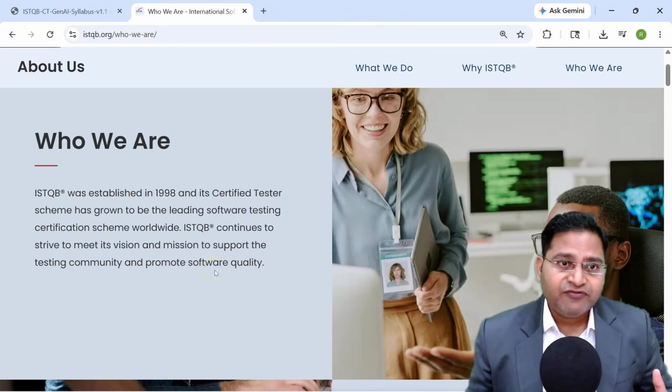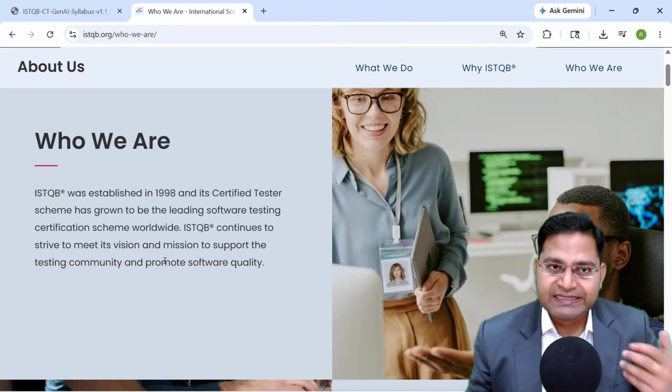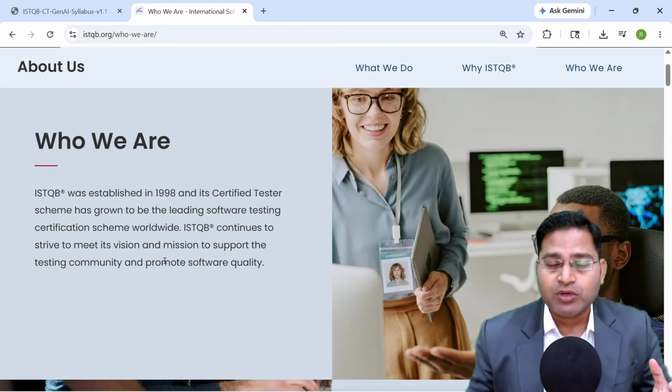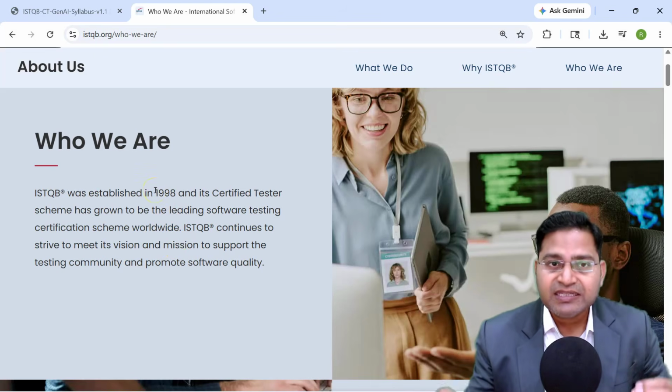The ISTQB Certified Tester Foundation Level was the initial certification launched by ISTQB, and it is still so relevant practically in any industry. You go to any job, you will still find recruiters looking for an ISTQB certified tester. It's that popular because it teaches you the core testing skills and what exactly happens in any project, which you won't get in in-depth detail in any of your university degrees. And that's where these certifications are helpful.